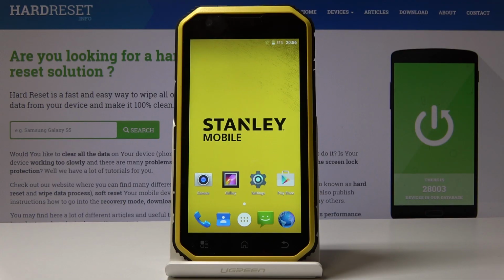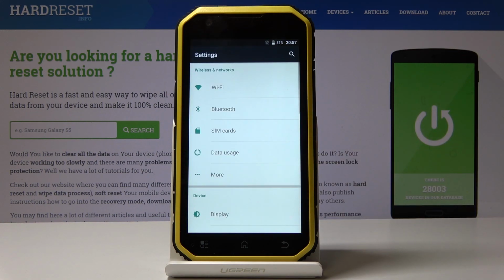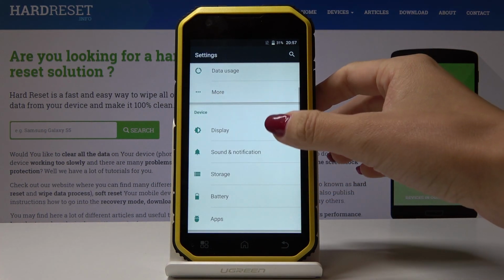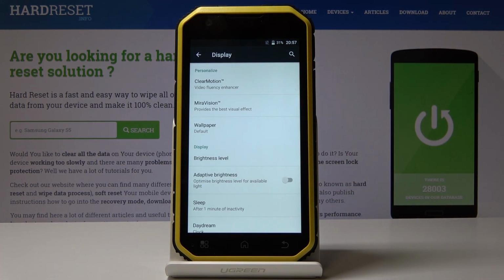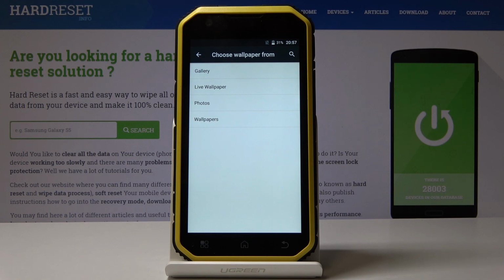Here I've got Stanley S241 and let me show you how to change the wallpaper on the following device. So at the very beginning, open the settings, then find and select display, which is under device, and then go to the wallpaper. So the third option,